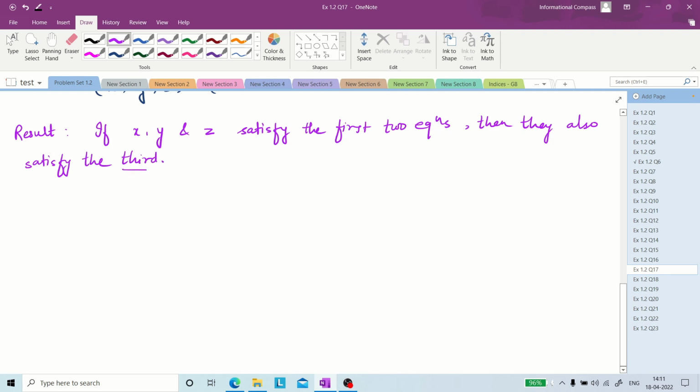The third. So by solving the system of the first two equations,